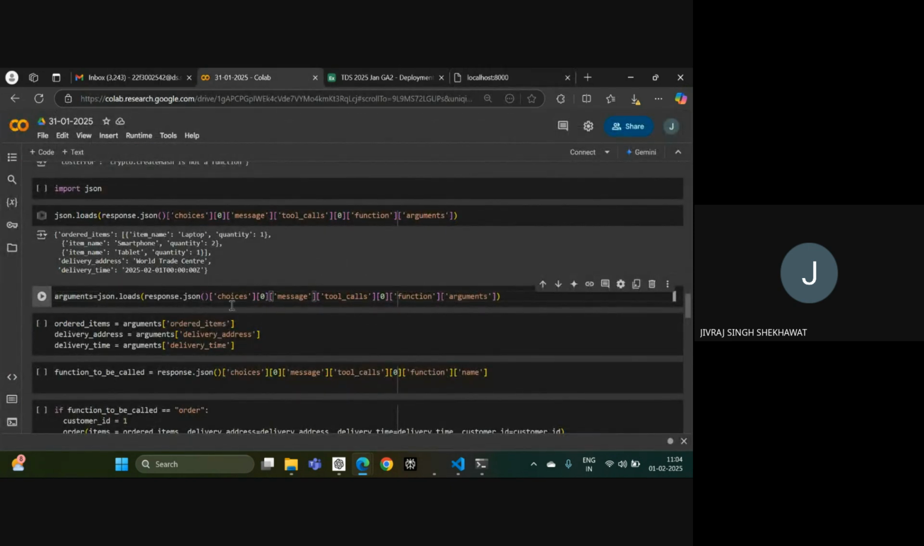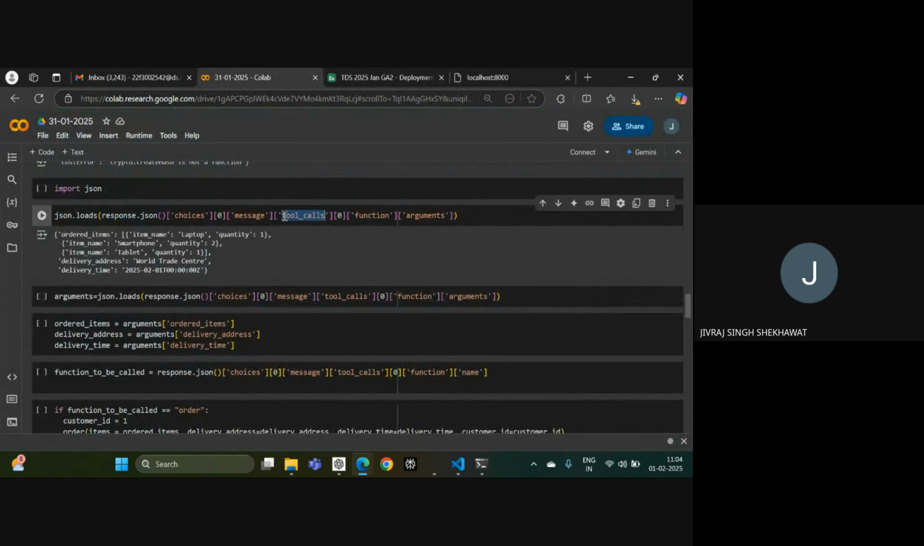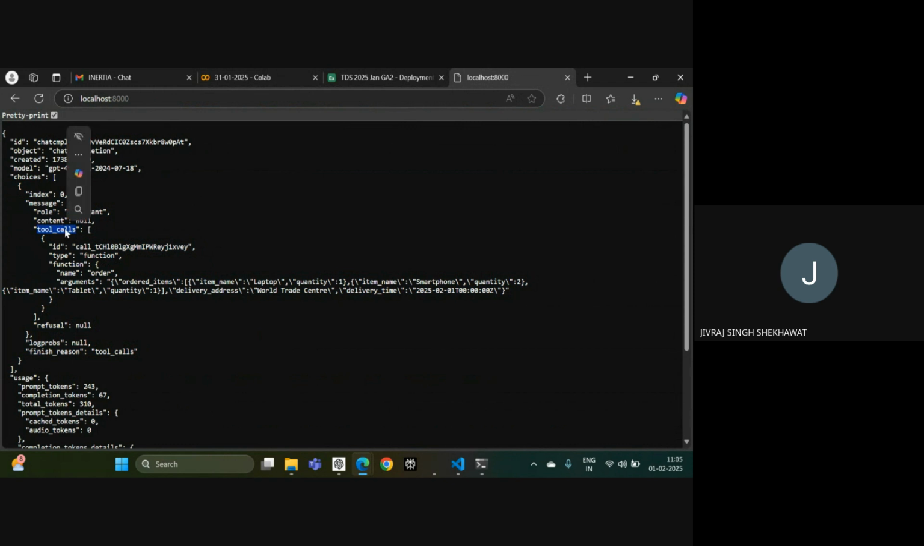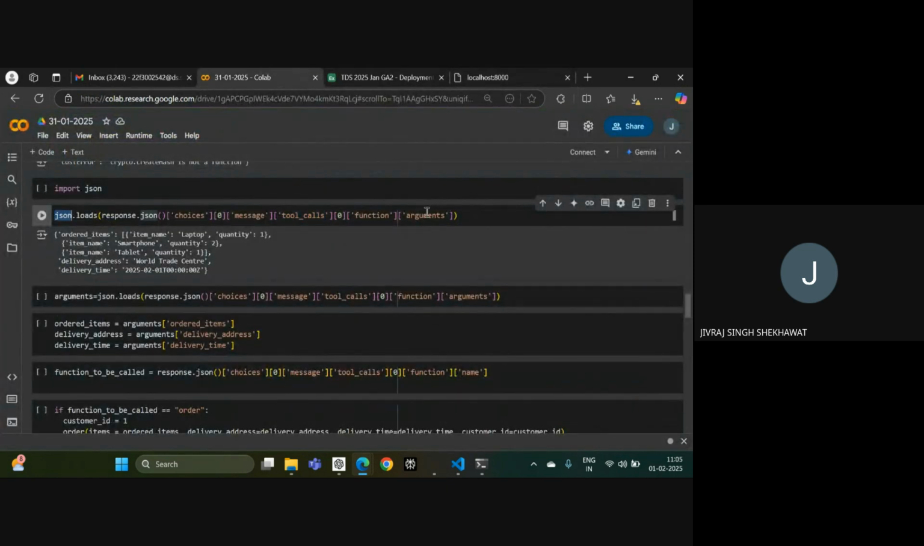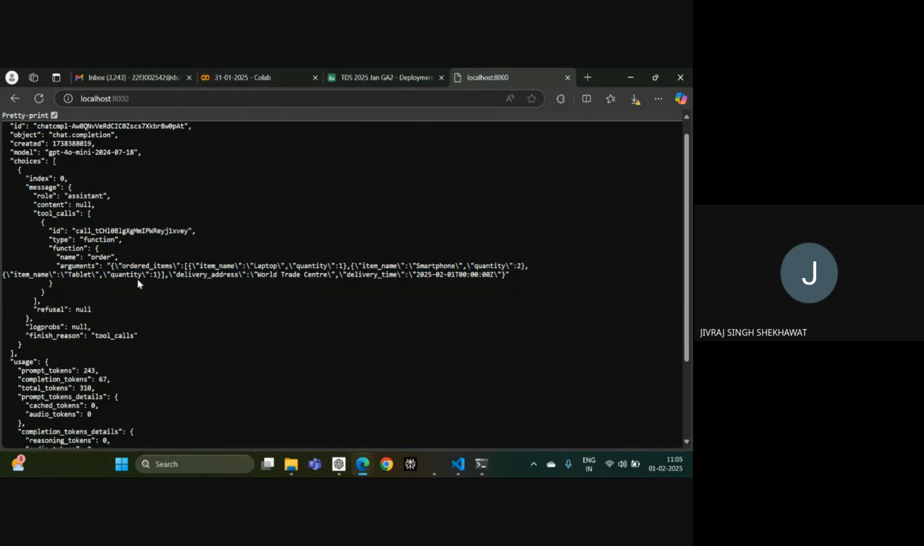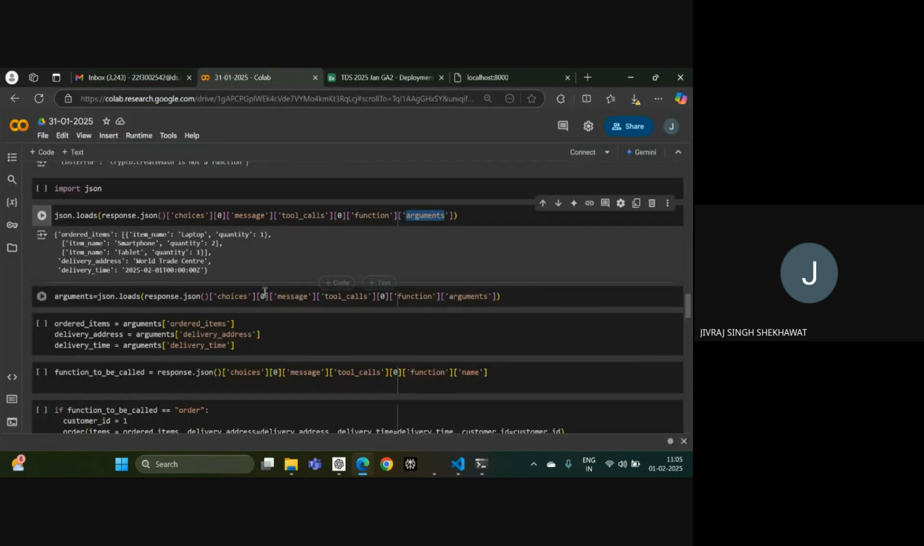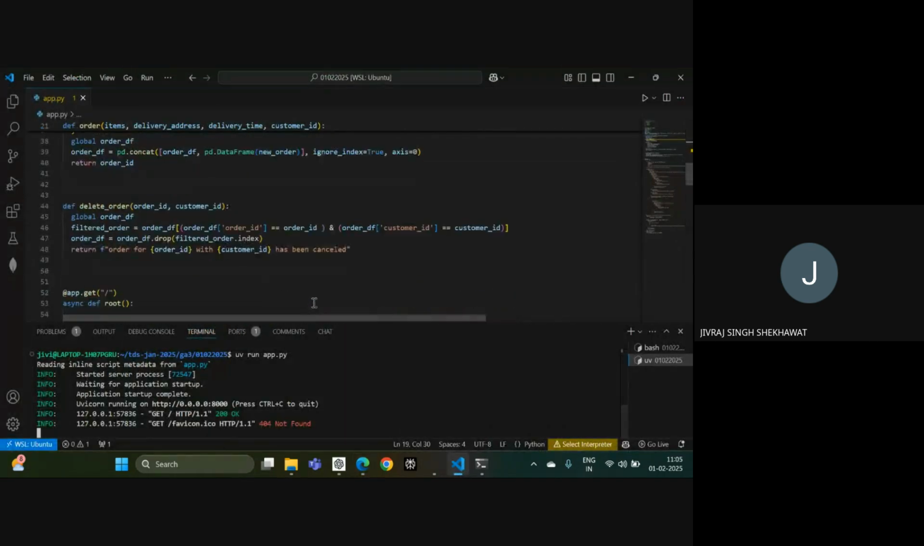So this is the argument keyword, and whatever is the value of this argument, we will get it using this piece of code. It actually first goes to choices, and then within choices it gets to the zeroth index, and then within the zeroth index it goes to tool calls, and then within that also we need to go to the zeroth index. With this nesting, when we hit arguments, it will have this particular segment of the response, and then we can actually call the order function, and then we can place an order. So now I will copy this piece of code